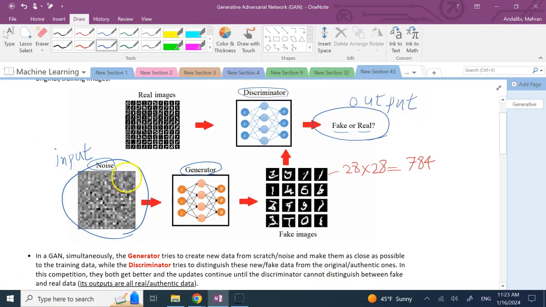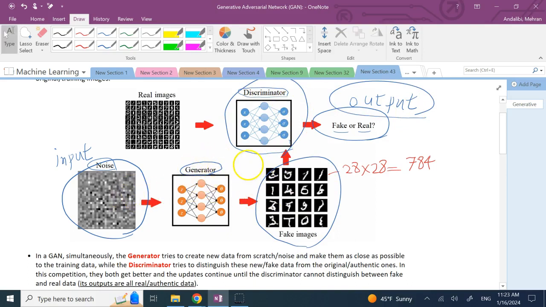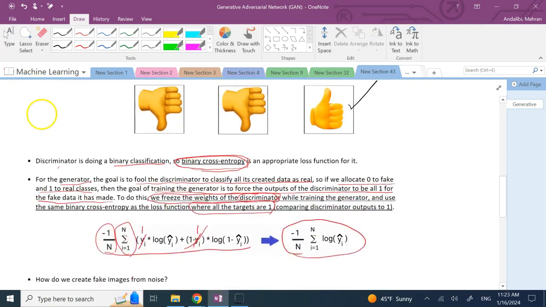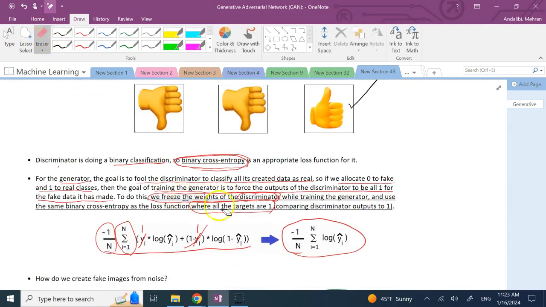First I need to create a variable that represents the noise. I have to pass the noise to the generator. It gives me a fake image. I pass the fake image to the discriminator, and then the output of that discriminator is the output of my combined model. And I have to pay attention that when my goal is to train this generator network, as I said, we have to freeze the weights of the discriminator network,